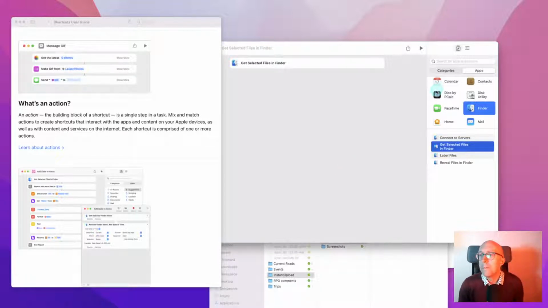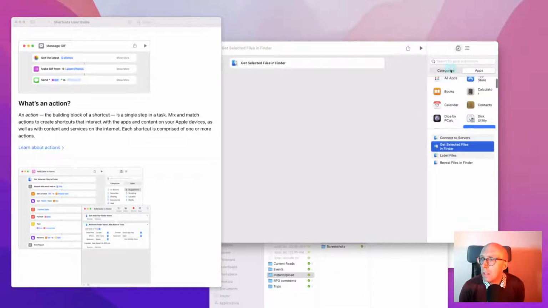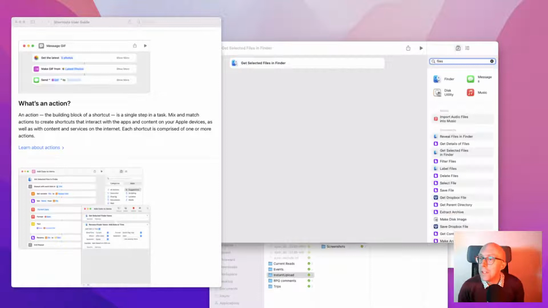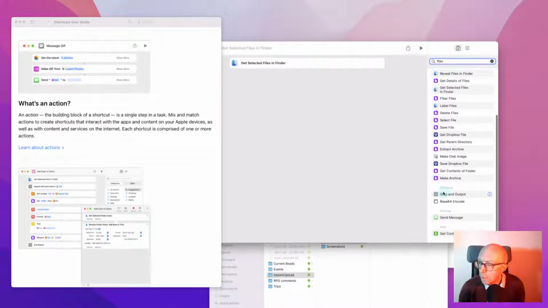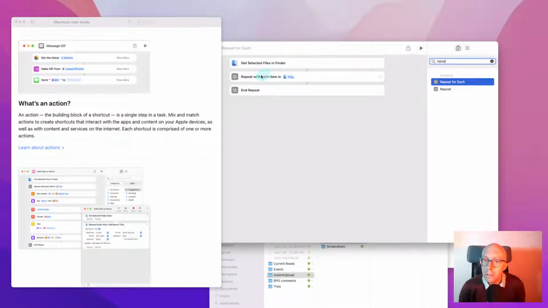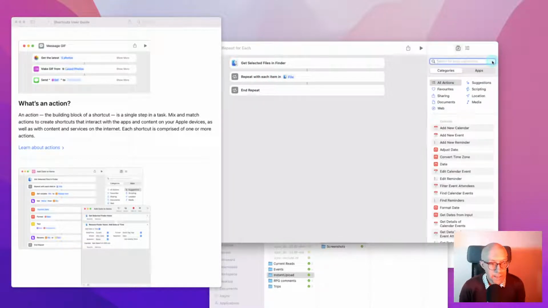So, I don't know. This is where it's not as initially user-friendly as it could be. Repeat with each item. I mean, I only know that because I just saw it. But that would not be immediately obvious if I didn't know that. Repeat for each. Okay, repeat with each item in file. Okay. And then I guess we want to